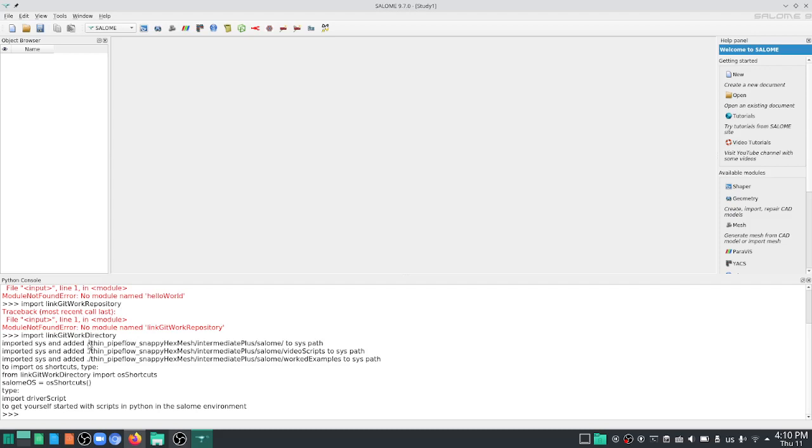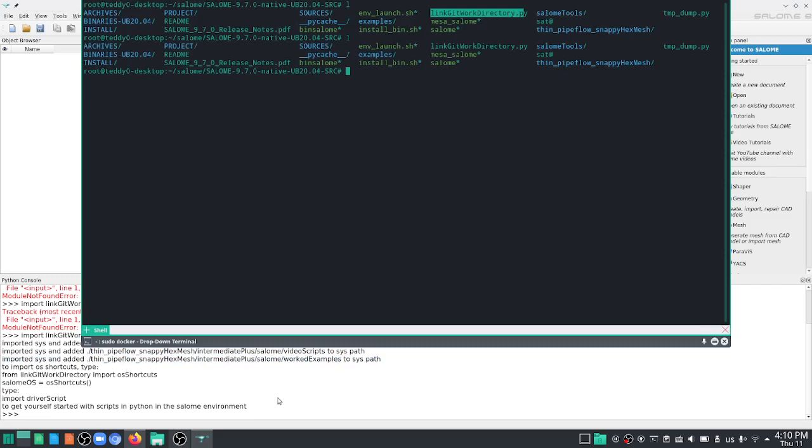So for example, the first path that we added to let Python know that we can actually import scripts from this directory is this thin pipe flow snappy hex mesh intermediatePlus Salome. This is one of the paths. The second one is video scripts. This is the one I was talking about, where I will add live code that is being scripted in this video. I'll put it down there. And this one will be the worked examples file I was showing you earlier. So now that we have that,